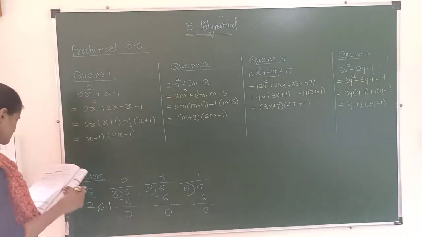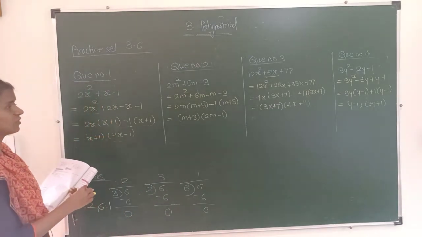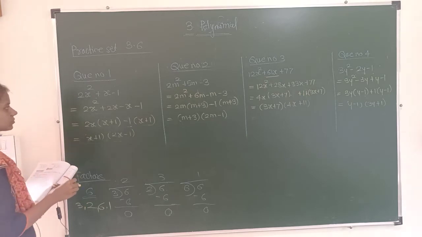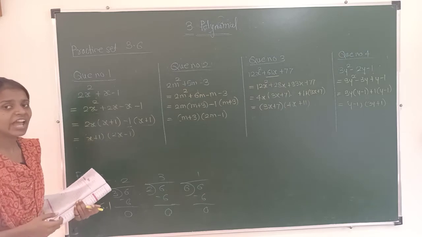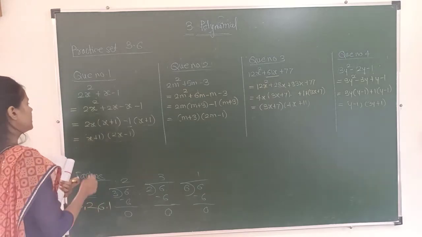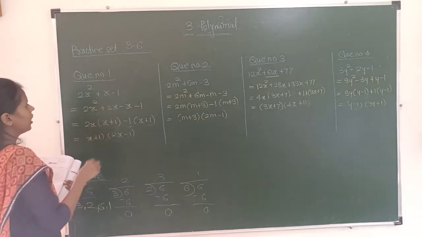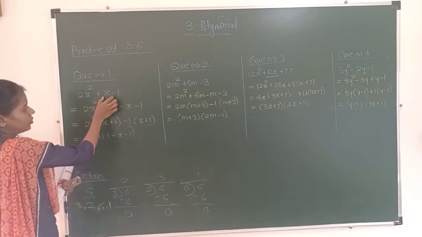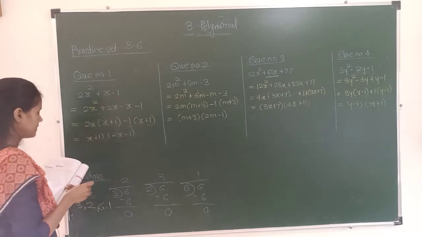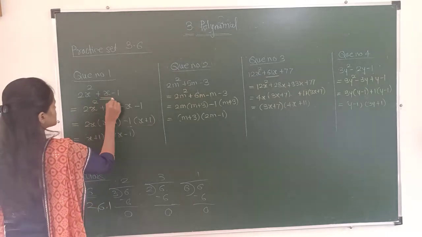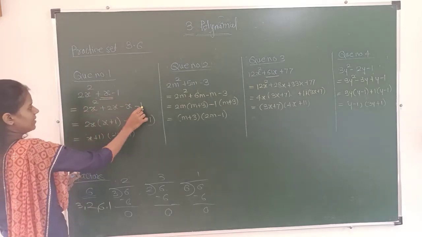See, question number 1 is: find the factors of the polynomials given below. We have to find the factors of the polynomials. The first sub-question, 2x raised to 2 plus x minus 1, is the given polynomial, and we have to find the factors for the given polynomial. So firstly, keep the steps in your mind. First, what do we have to do? Firstly, we have to take the factors for the middle term. We will write the first and last term as they are. So copy down the first term and last term as they are: 2x raised to 2 as it is and minus 1 as it is.